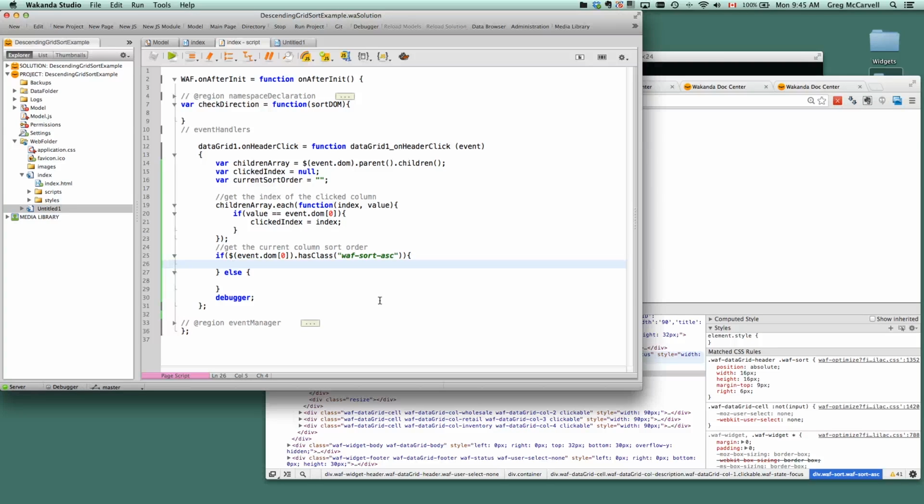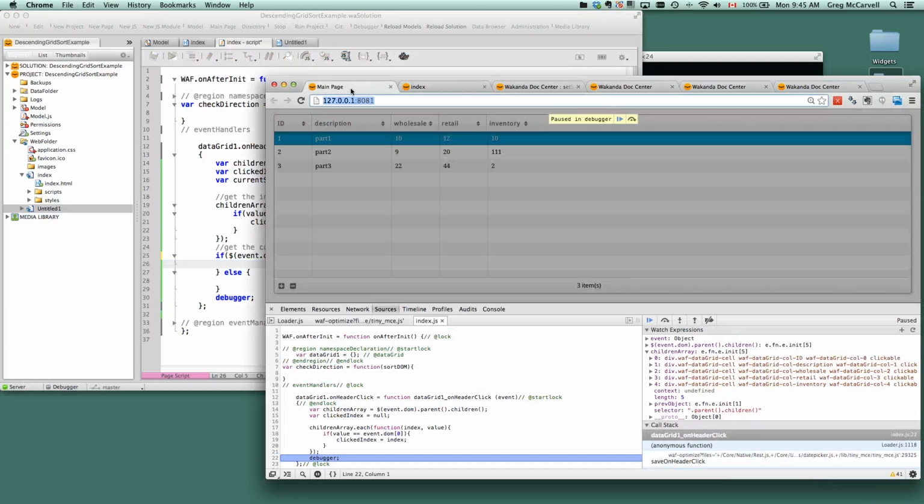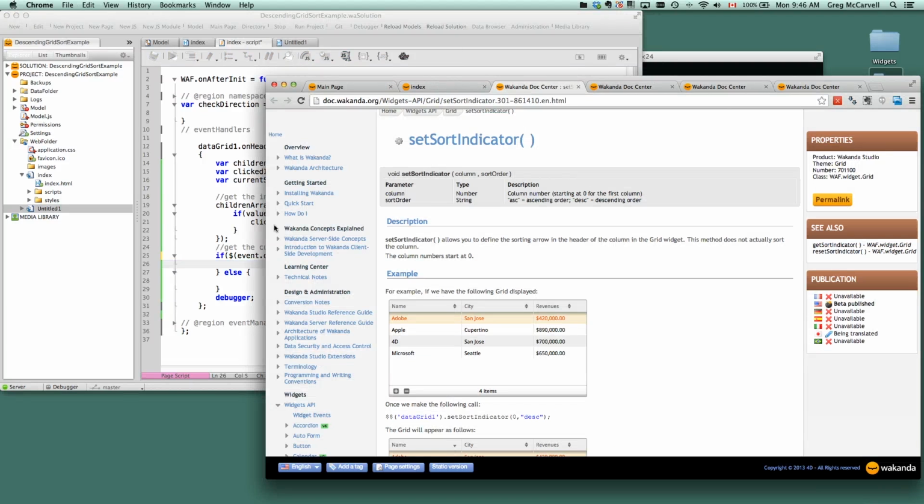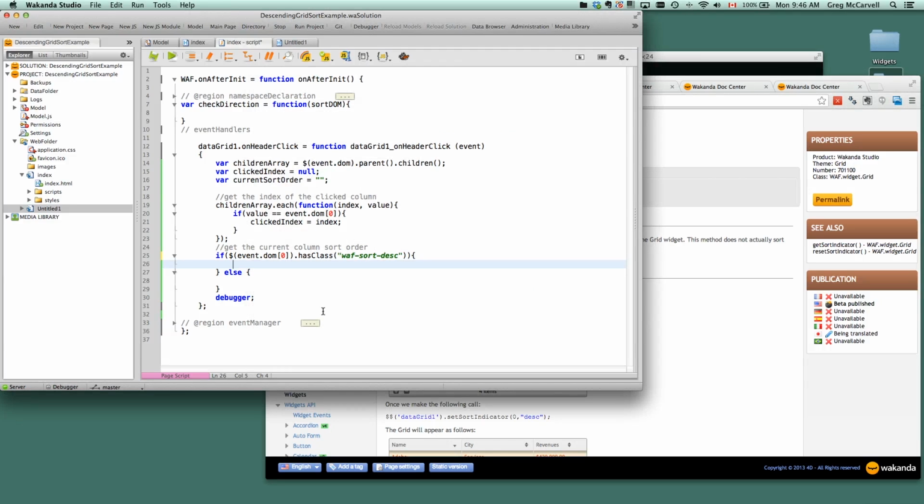So, I've actually got this backwards. We're going to do descending. So if it's descending, we for sure know that we want to go ascending. So we're going to go, let me look at this command because I've never used it. Set sort indicator, column, and sort order. Okay,